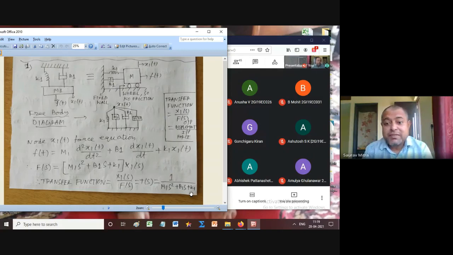And who decides the values of s1 and s2? This m1, b1 and k1 decide what is going to be the value of s. This is a very simple quadratic equation. Don't get confused. You just have to find the roots of this quadratic equation. If both the roots have a negative real part, then this whole system, whatever is given, is going to be stable. We will see that later on. So this numerical is understood. Can I go forward? How to find the transfer function? If it's understood, can I go forward?